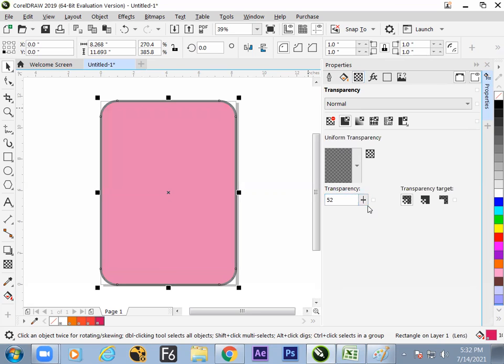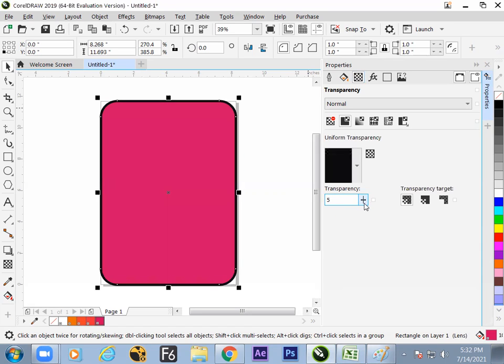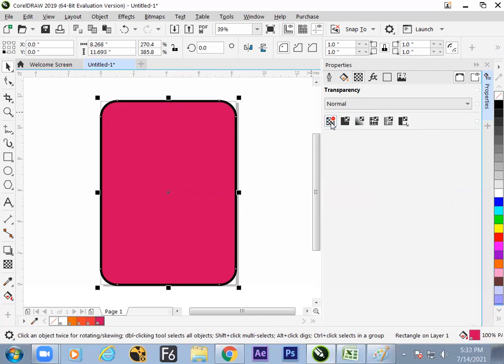So now we get to know the basic property of the rectangle is transparency also. By default, it is none. You can switch to multiple level transparency. This is flat. We can go for radial, like fountain transparency. That means sometimes on the upside, less transparent, downside, more transparent. That type of transparency is called fountain transparency, but if it is uniform, then everywhere the same transparency will be there. So these are extra options available.